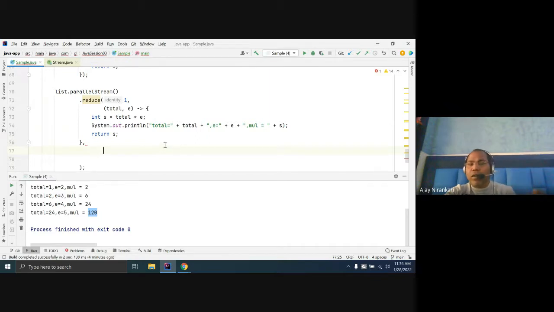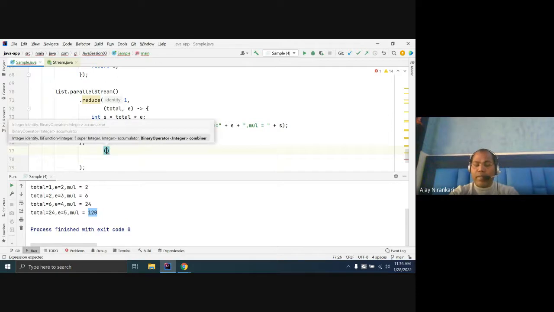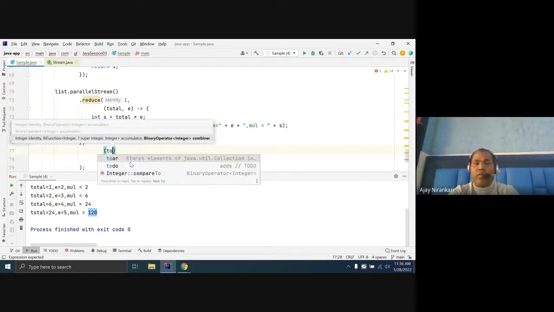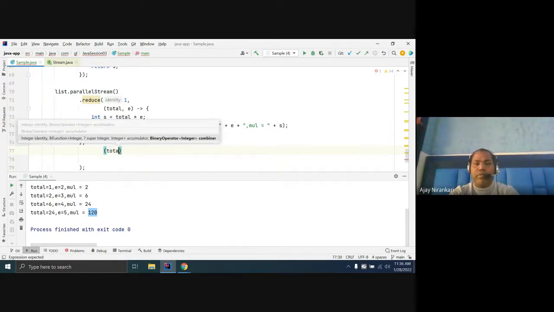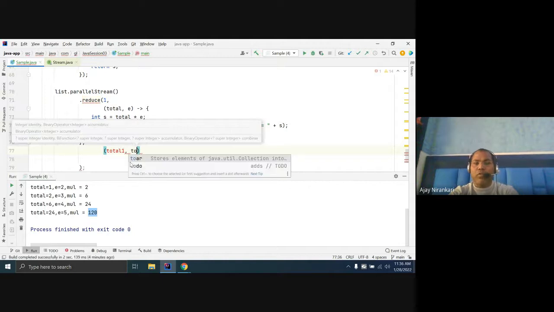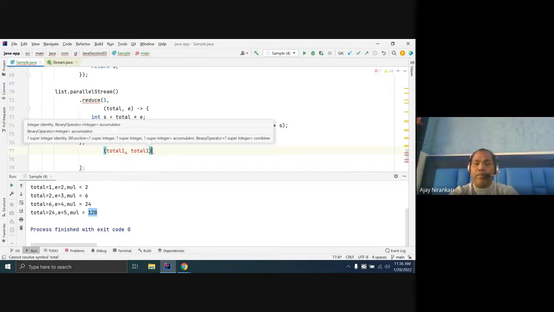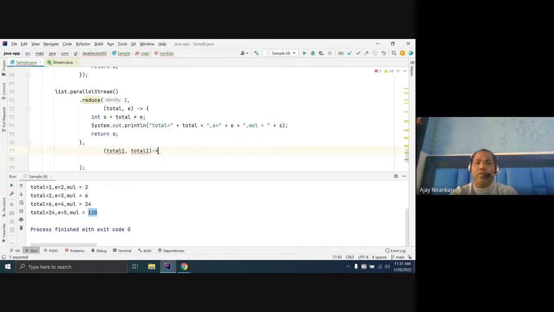When all independent parallel threads are completed, the combiner will combine all the parallel outputs into one. So it will also take a binary operator, meaning it will take two variables, total 1 and total 2, and just